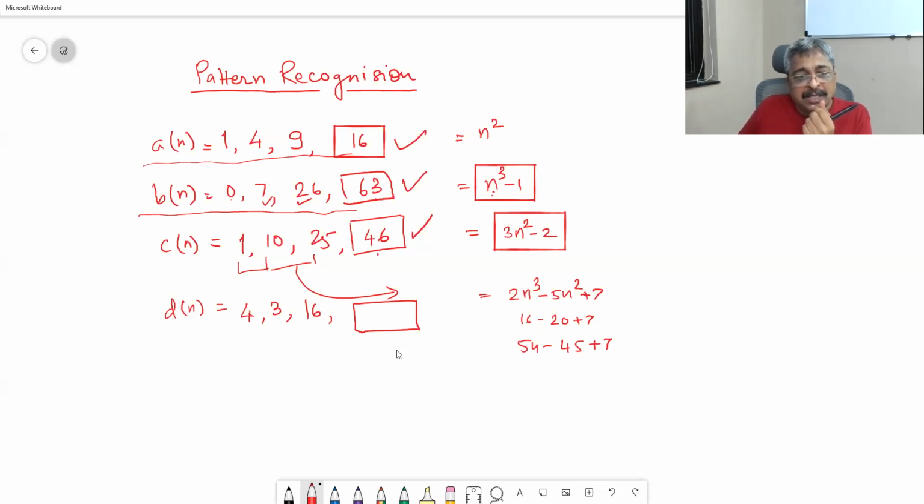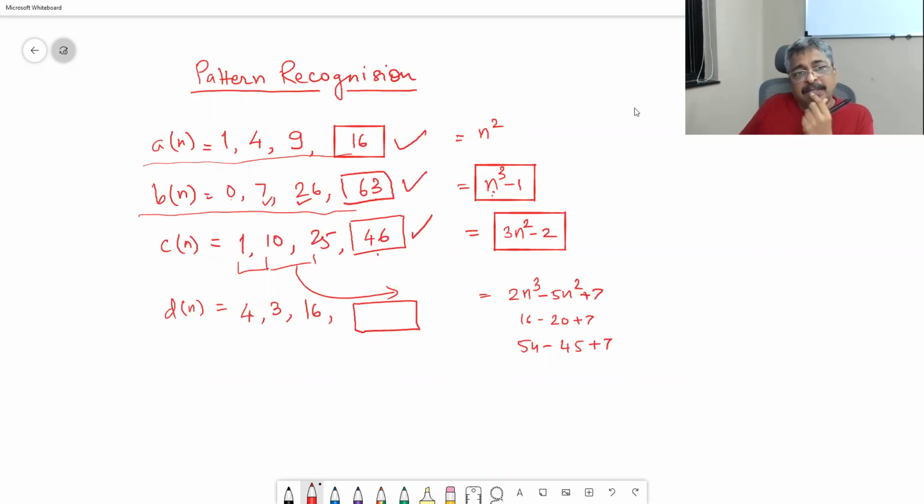If I put n is equal to 4, I will get a number greater than 16, but the pattern says first is greater than third is greater than second. But somebody will say that the fourth number should be less than 60. Many arguments can be made,